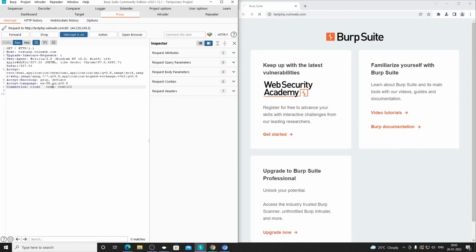How were you able to open a URL in the browser? Because you knew what a URL is. So if someone says add this request header in the request, you are supposed to intercept that request and add that header directly here. Anywhere you can add it, it doesn't matter. Even if you add it here as well, it's fine. You can add it like this, test123, and the syntax is always the request header name, colon, space, its value. That's how it is.